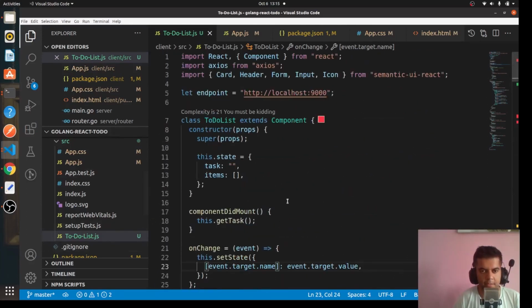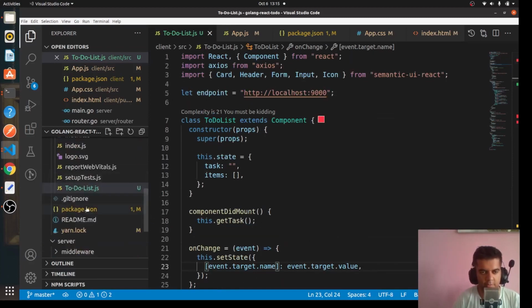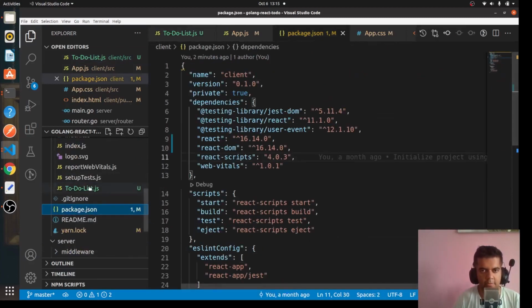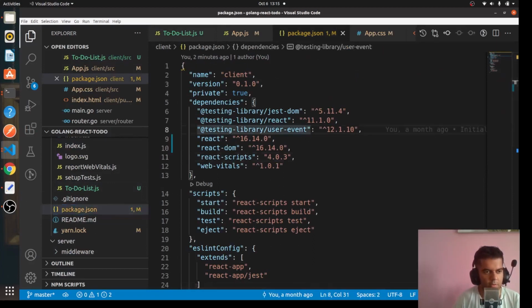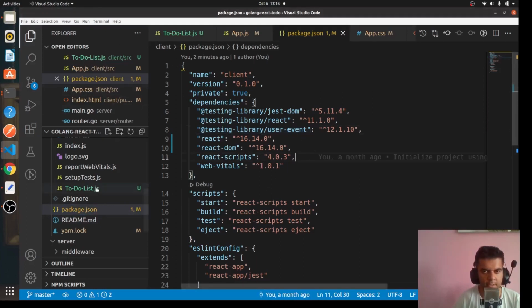And after that, the program still won't work because we have used Semantic UI and we have used Axios, but we have not installed them. So what you want to do right now is go to your package.json file, and if you already have a package-lock.json file, I suggest you delete it first. In your package.json file, you will come here and add